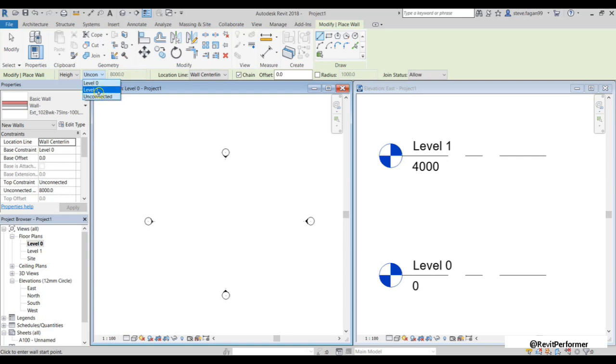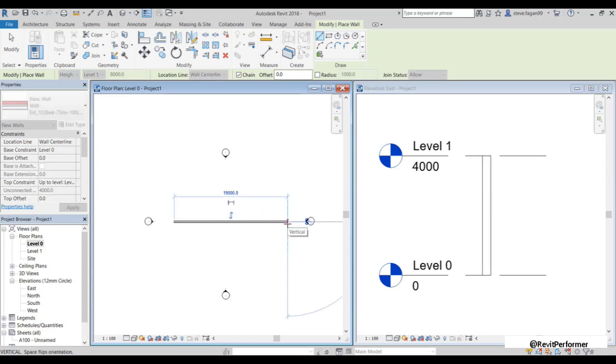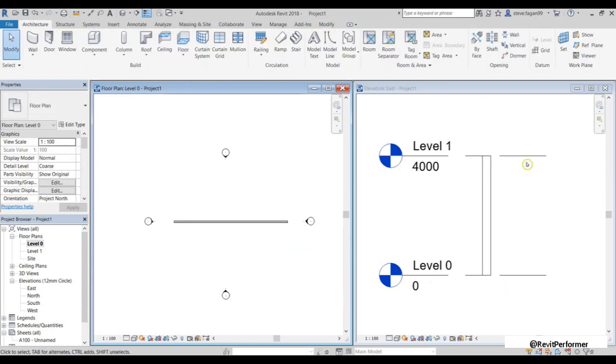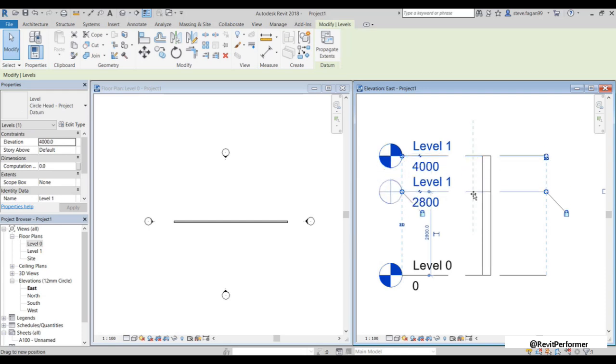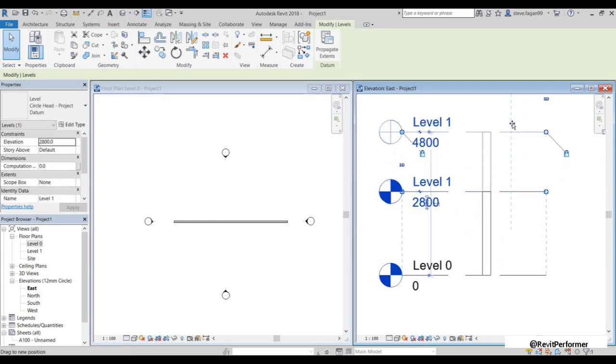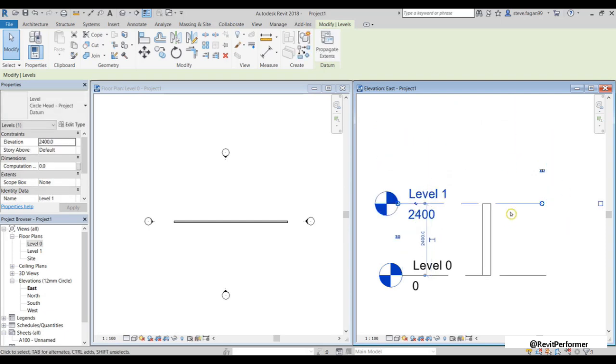So if we constrain it to level 1 and draw our wall, there you'll see on the right-hand side in our east elevation, our wall's base constraint is level 0 and its top constraint is level 1. When we constrain this wall, if I go to my east elevation and select my level, and if I change the level, the wall, because it's been constrained to that level, it will move with the level.